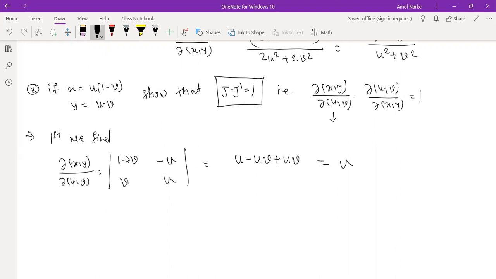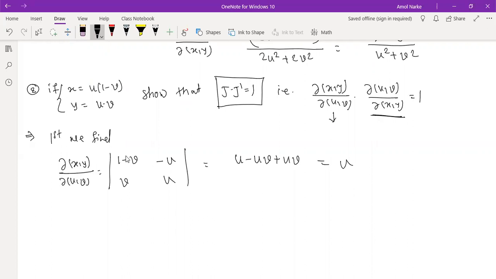Now finding the second task. For finding the second task, you should have u and v as functions of x and y. Have they given u and v as functions of x and y here? No. So for that purpose, you can use your implicit function formula. Or you can convert u and v in terms of x and y, no problem. Whichever is easy, you can do that. If it is possible, you will get another value, do the product, and let's see whether it is 1 or not. I will now use the implicit function.